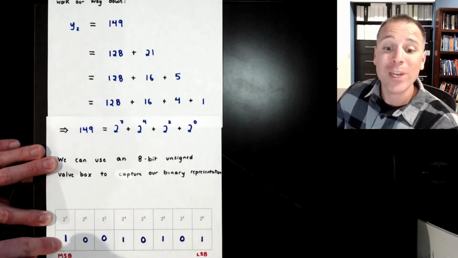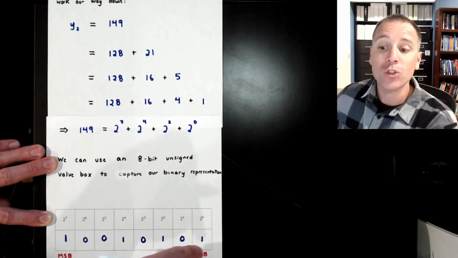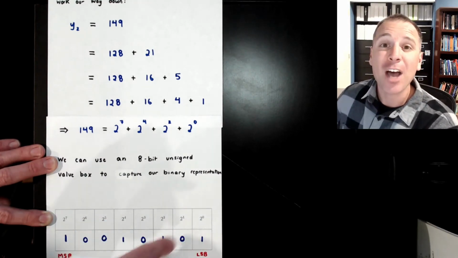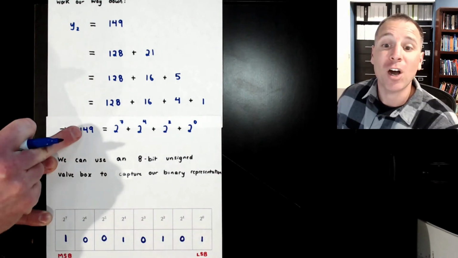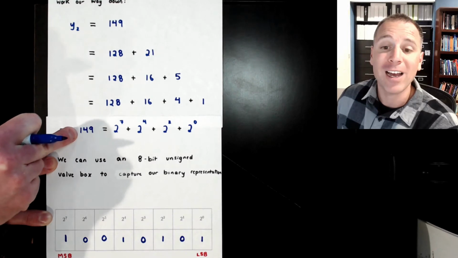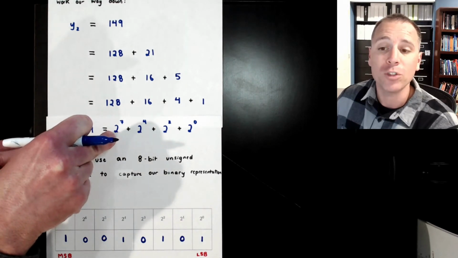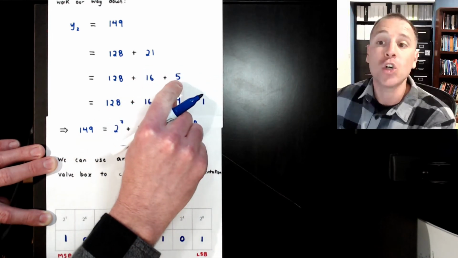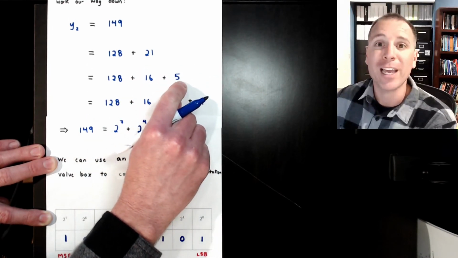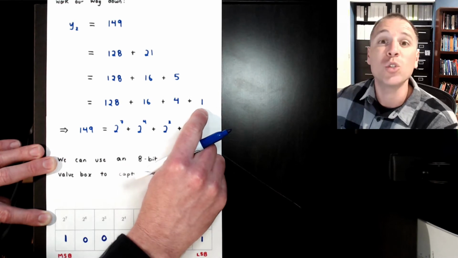Notice that we indeed started with our most significant bit, worked our way down to the least significant bit, and then got our final binary representation using that combination of decomposing 149 in terms of the highest powers of 2 plus some extra information. Each next step took away the next highest power of 2 from the extra information until we got down to 2 to the 0.